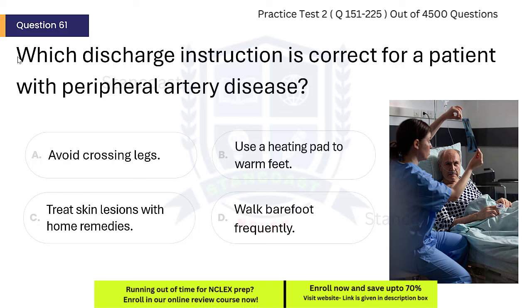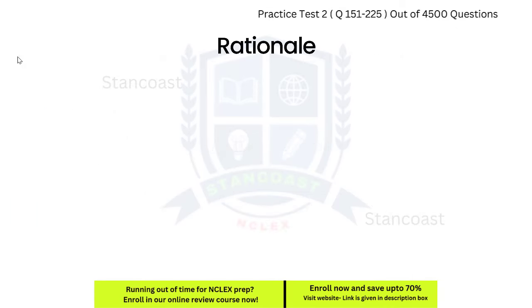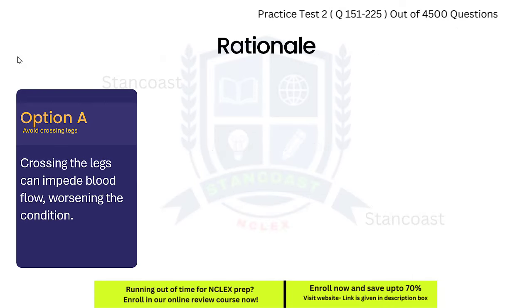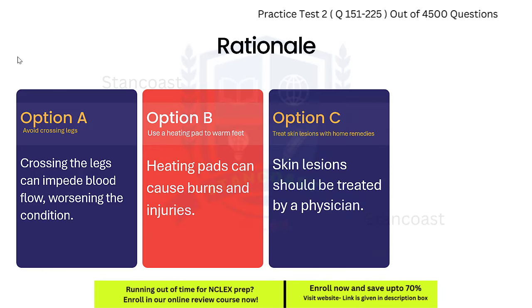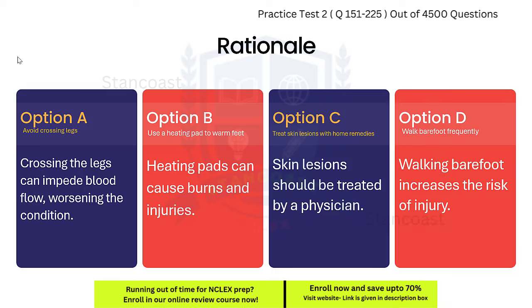The correct answer is A. Avoid crossing legs. Crossing the legs can impede blood flow, worsening the condition. Heating pads can cause burns, skin lesions should be treated by a physician, and walking barefoot increases the risk of